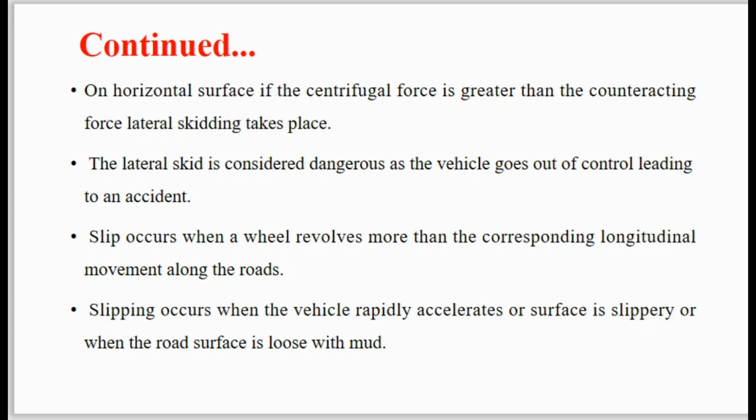Extent of the brake application or the brake efficiency of the vehicle. Then the load and tire pressure of the vehicle. Next is the temperature of the tire and the pavement. And lastly, the type of skid.